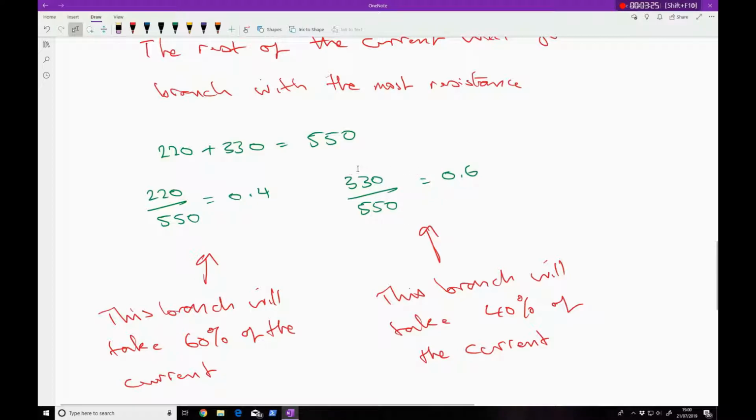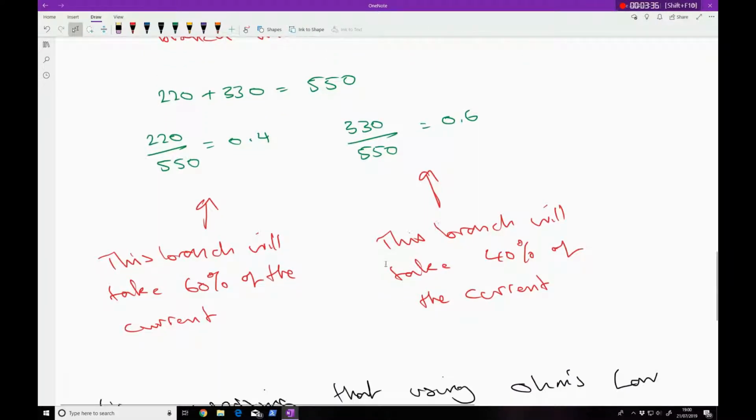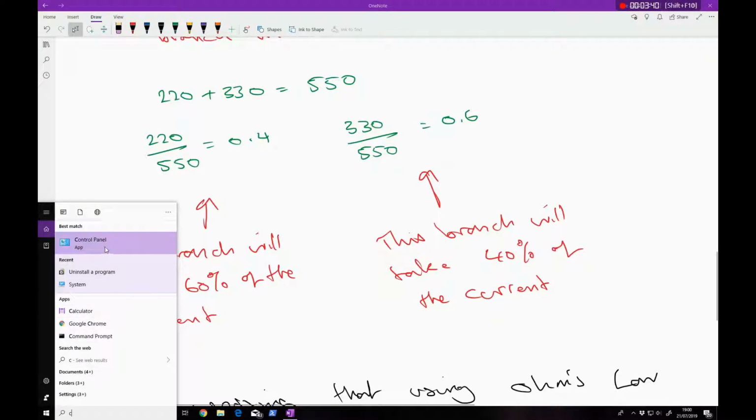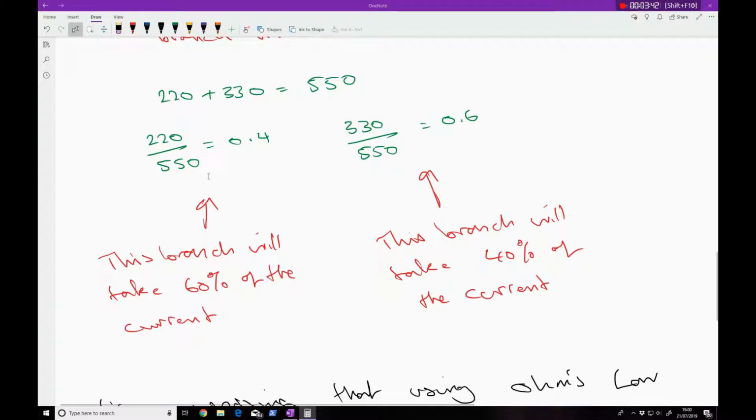So if 330 ohms makes 60% of their combined resistances, then it will only take 40% of the current. And I already predicted that we should see